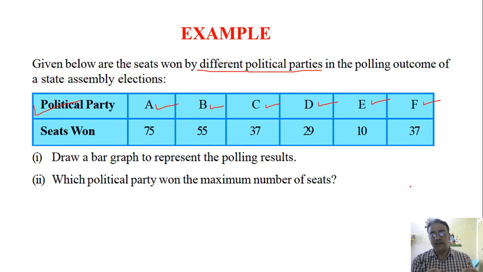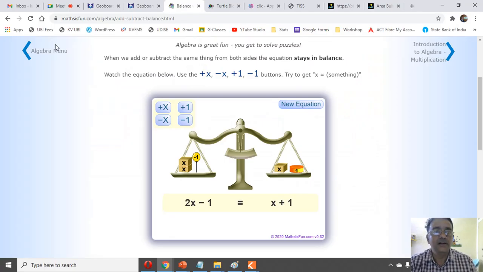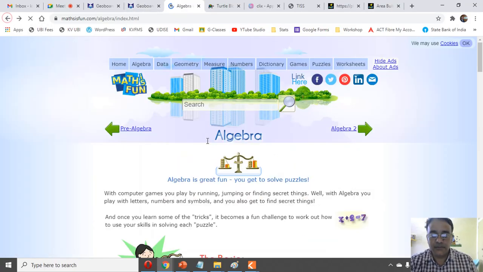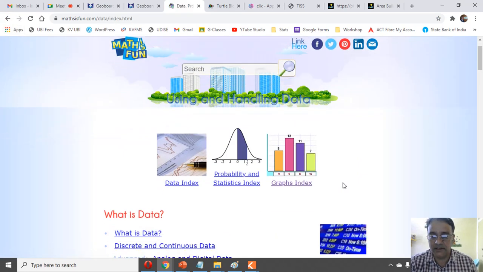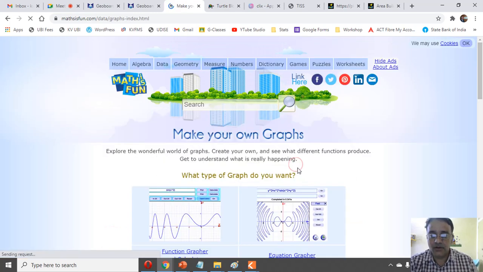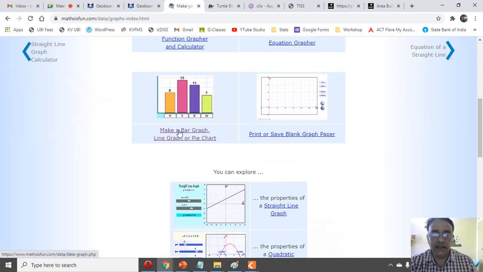You can take the current data also from the website, and you can represent that in a bar graph by using this digital model. I am going to demonstrate this digital model in this app. Here the data app is there. I think you might be knowing this one. You have to click on this one, and the option to make a bar graph, line graph, or pie chart is there.